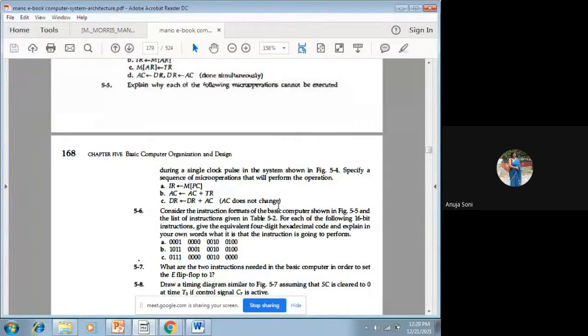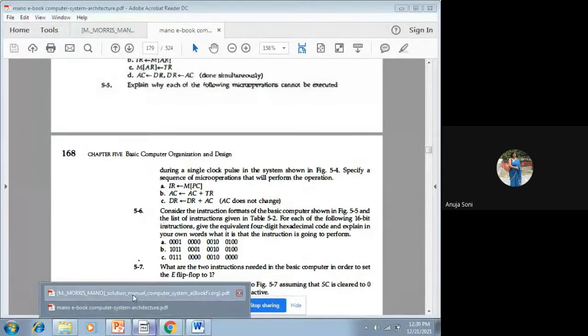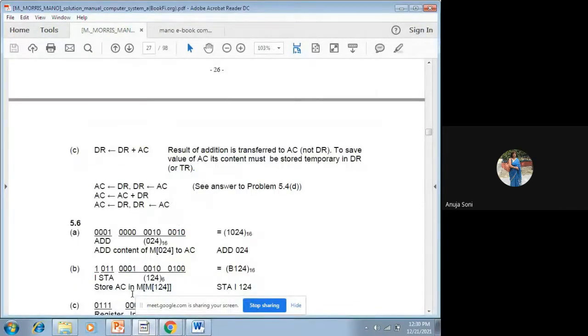So how do you have to make this happen, while meeting this condition? If you go to the solutions, we can see how it will take place step by step. This is the given solution. The DR and AC need to be added, and the result needs to be transferred to DR, and what we'll do basically,